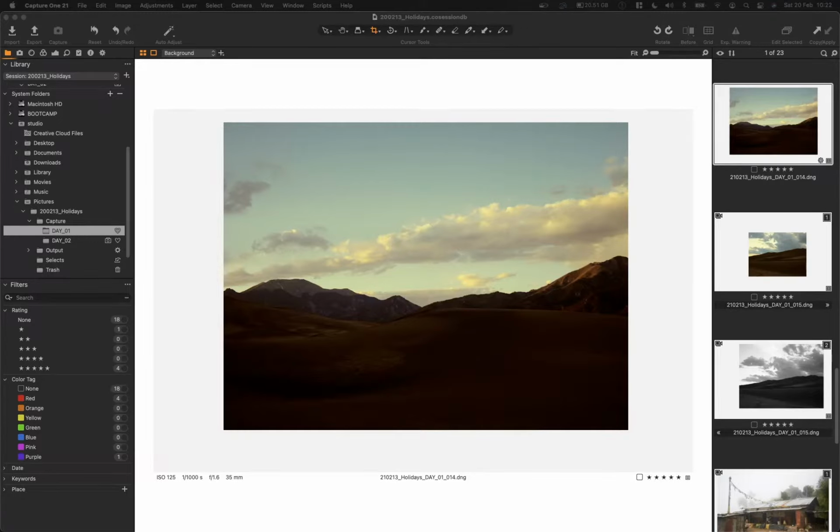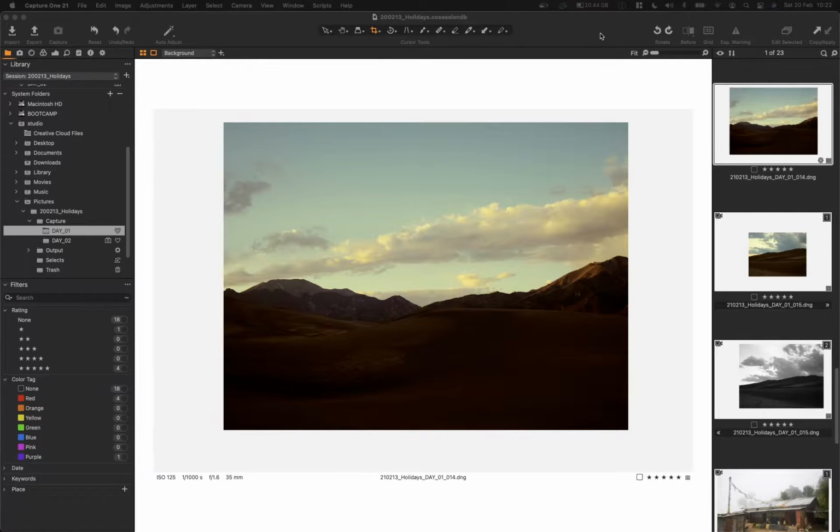Hi guys, today I'd like to show you how to create a process recipe in Capture One, which will help you to create subfolders while you're processing, which will ultimately relate to the rating you have given your images. This will really help you, especially if you have to hand in files to a client and you want to make sure that all you have to deliver is just a bunch of smaller JPEGs,